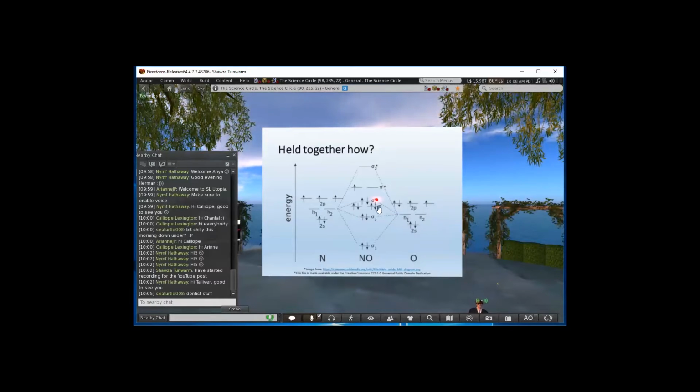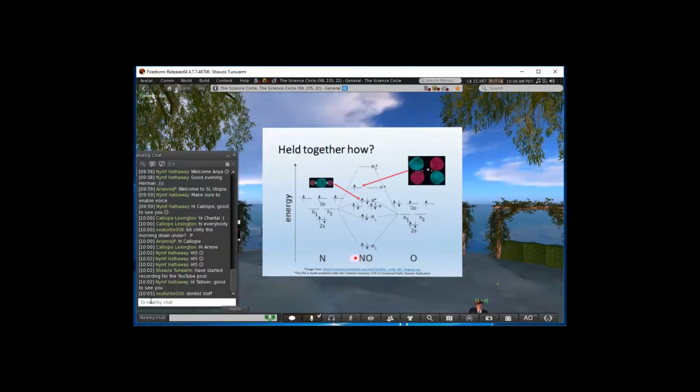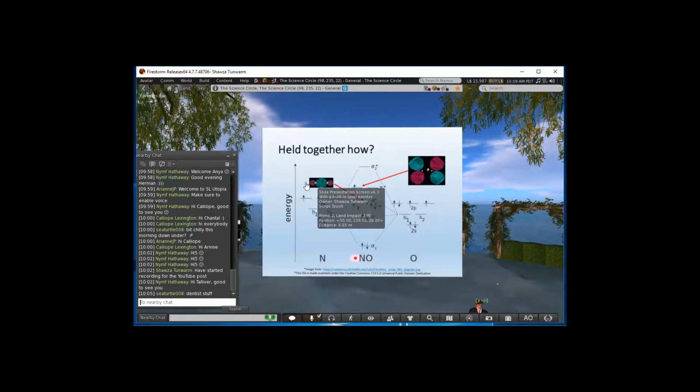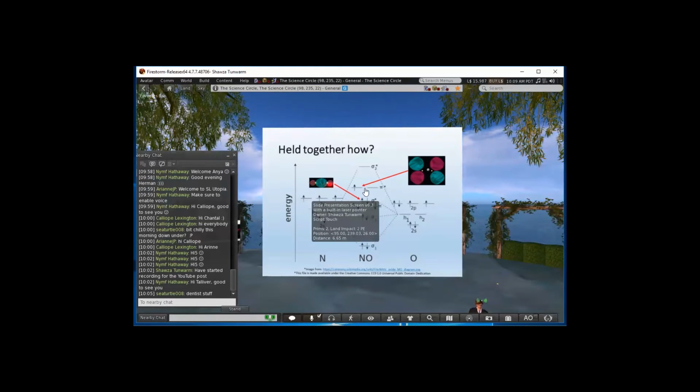The other thing to be watching is this pair right here, which ends up being the lone pair of electrons on the nitrogen. So there are some views of what these look like. Here are some little thumbnails that I grabbed from the exhibits that we have next door. That's essentially what the lone pair orbital looks like. It has a presence on the nitrogen and on the oxygen. This is what the antibonding orbital looks like.